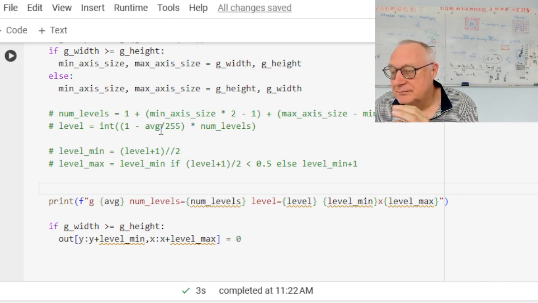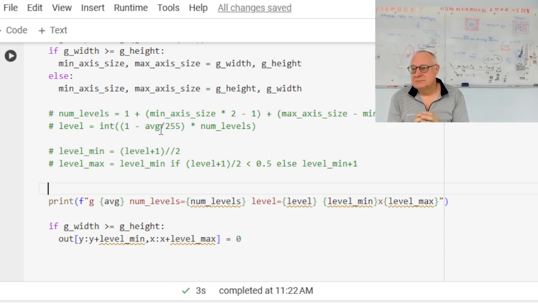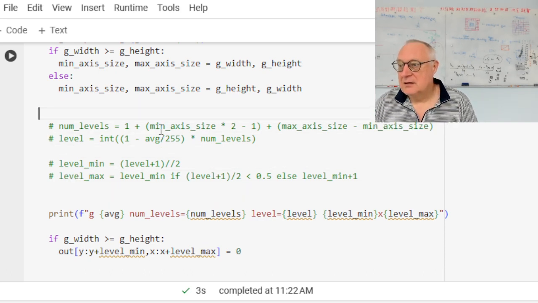Right? So here then the number of levels that I have will be